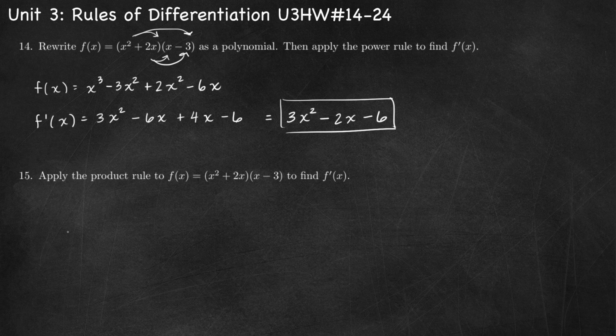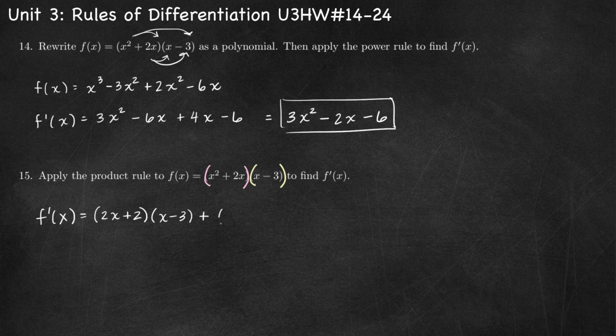Now number 15, we have the same exact function for f of x, but now we're asked to find the derivative using the product rule. So for my product, I have x squared plus 2x as my first factor, and I have x minus 3 as my second factor. And according to the product rule, f prime of x equals the derivative of the first, the derivative of x squared plus 2x, is 2x plus 2. So derivative of the first times the second